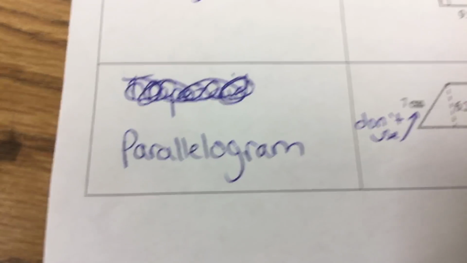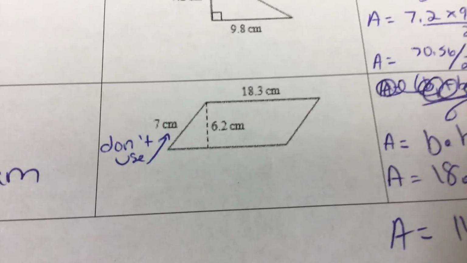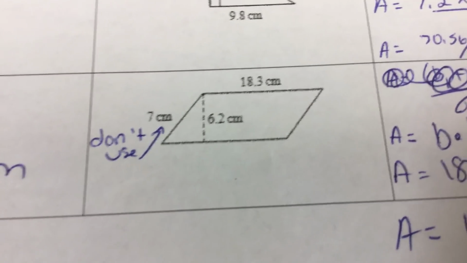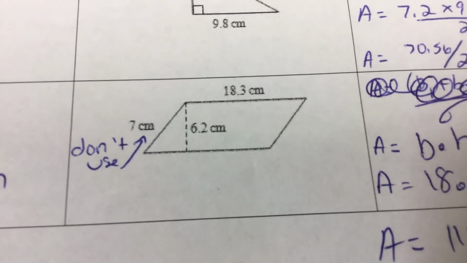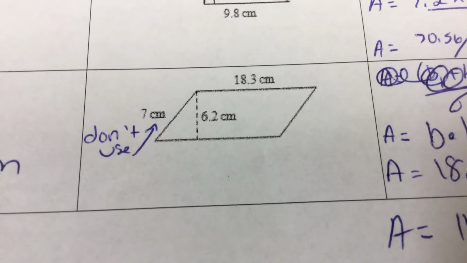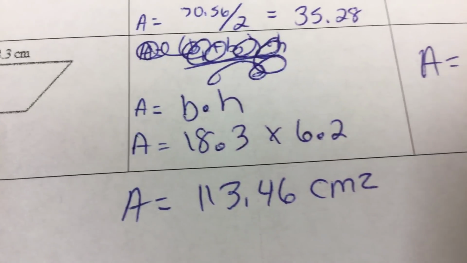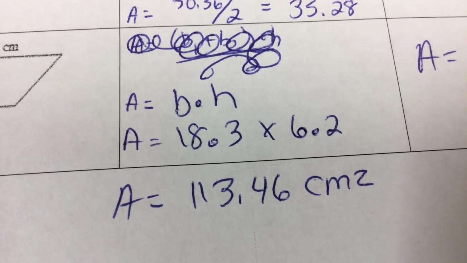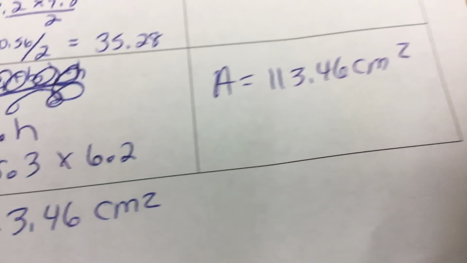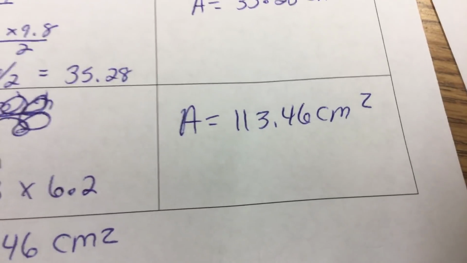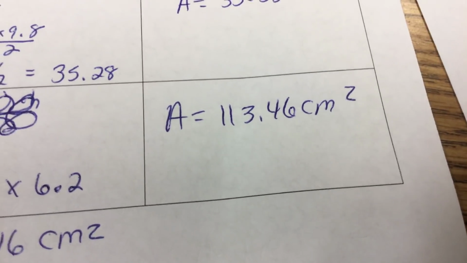My last shape, back to that parallelogram. It looks like a rectangle that's been pushed sideways. And so that 7 is a trick. We don't need that number, okay? So we're going to use the 18.3 times 6.2, and when we multiply that, base times height, we get 113.46 centimeters squared. Now guys, when you finish this part, double check that you have everything, turn it in the bin